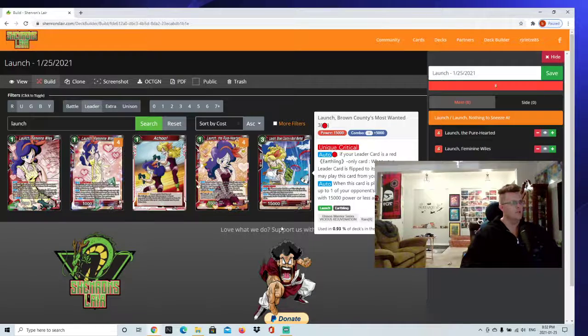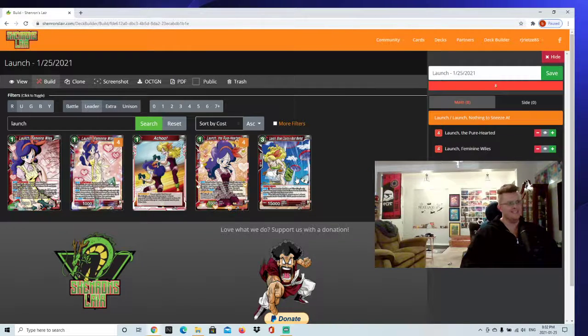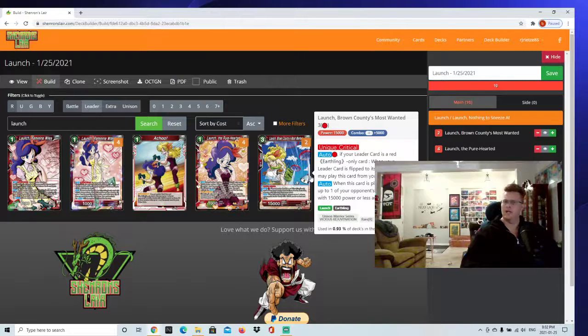And then the other stuff to keep in mind is this card is very good. It got played against me on Sunday. It's Launch, the County's Most Wanted. I didn't think it was very good when I read about this card. As you can see here, I'm going to try to show the camera. I even got the stamp. Terrible image of it there. It's pretty great because you get to KO one of your opponent's battle cards with 15k